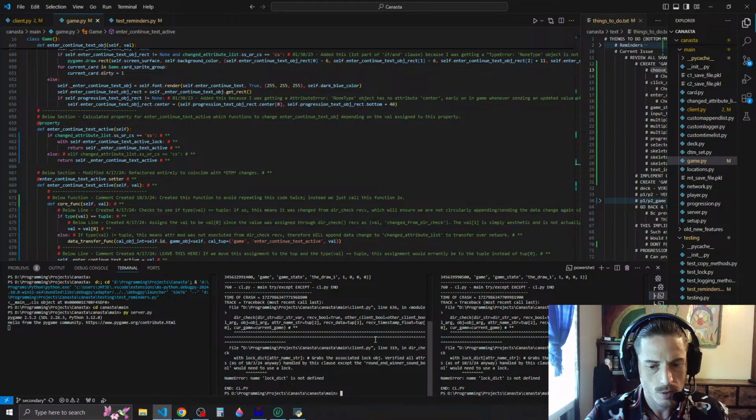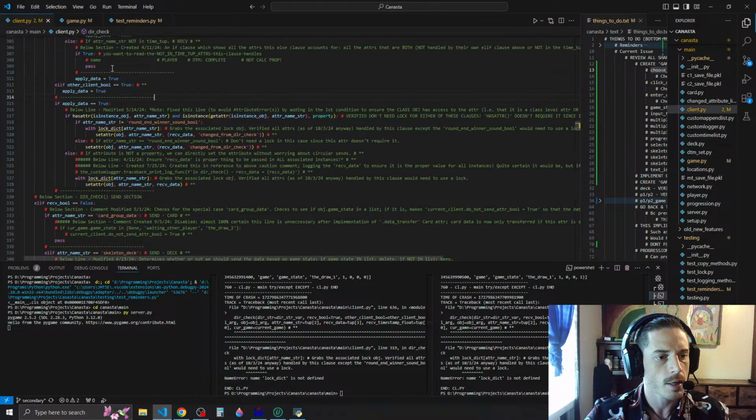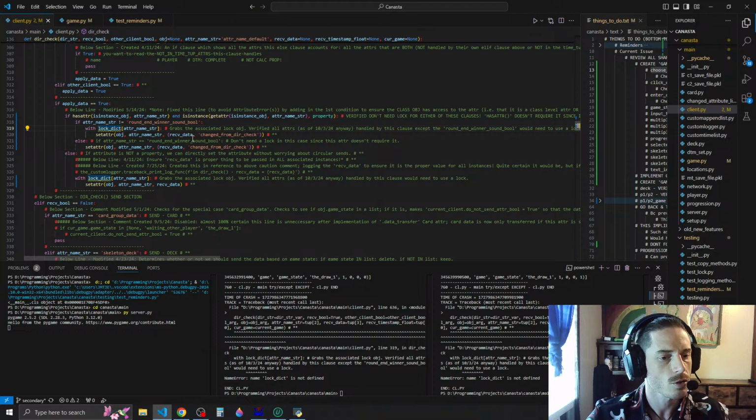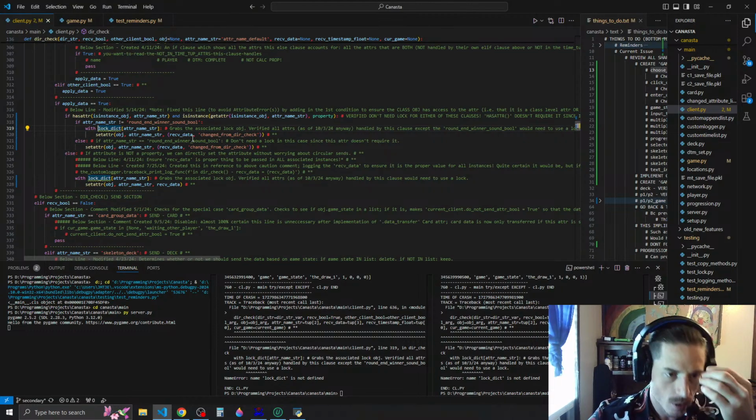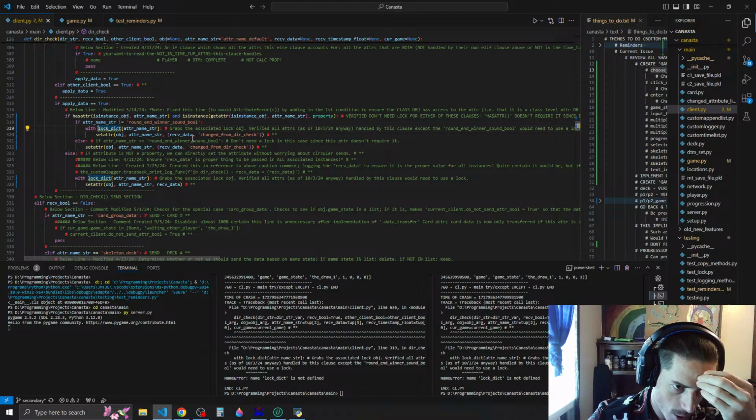This is line 319 in client. That's something we forgot to. Okay, gotcha. So we actually can't test it until we create this lock dictionary, and this is actually gonna be,